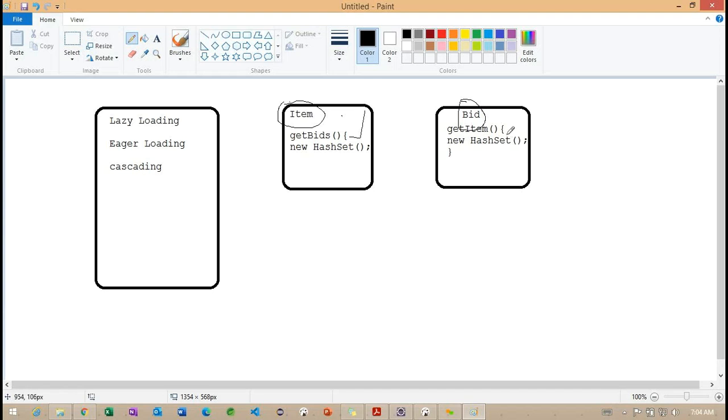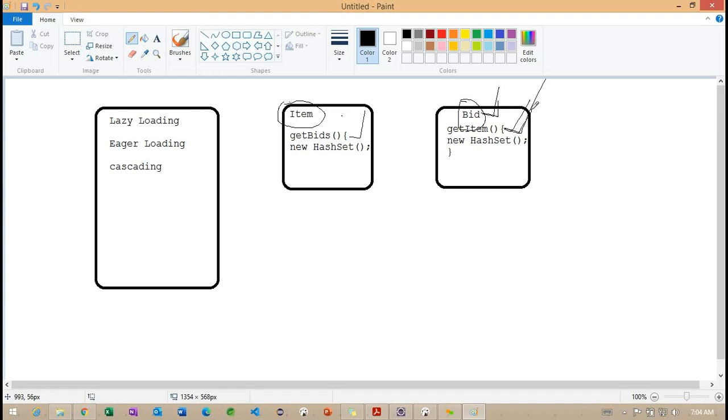In the same way, whenever we load this particular bid, internally we load multiple item records. But sometimes we don't want to load these item records. We need only the bid object information. We don't want to load the item record.